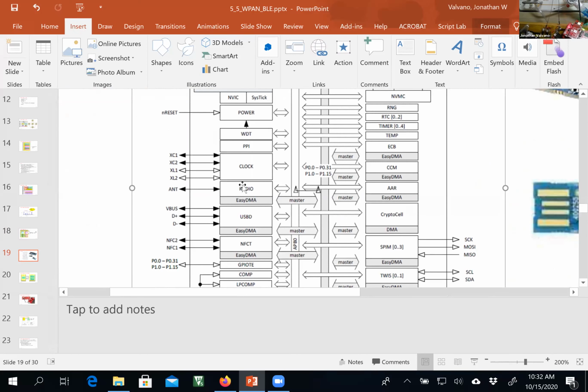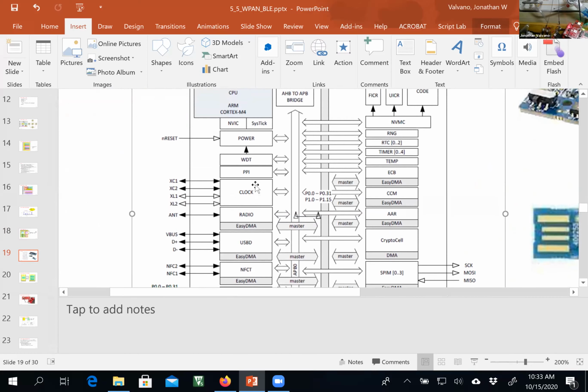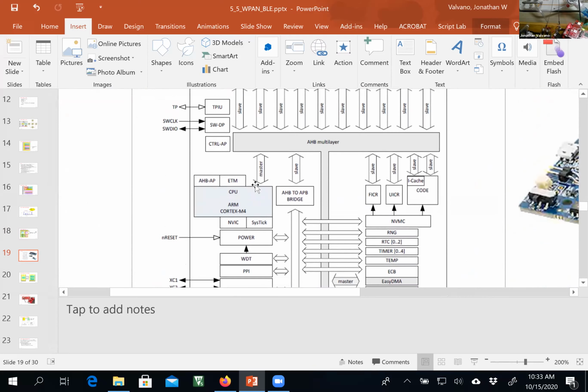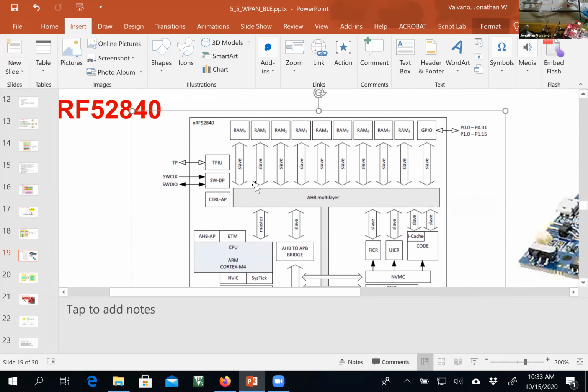There we go. Okay, this is the Nordic Semiconductor 52840. It's got a huge market share. And so I thought it would probably be remiss if I teach a whole week on BLE and don't mention the most popular chip out there. But it is